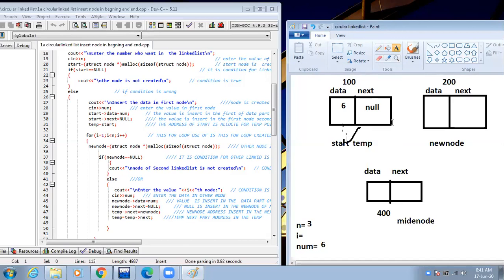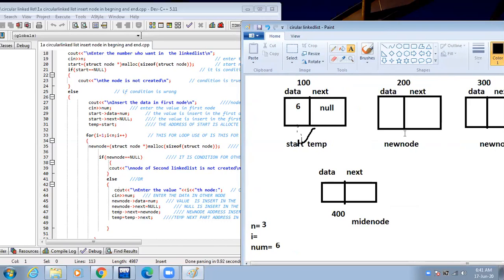Our first node is created successfully. Then we create the other nodes. Then we use the for loop. The value of i starts at 1 and goes while i is less than n, and increment i plus plus. Then new node equal to struct node star malloc size of struct node, meaning this new node is created. Then if new node equal to null, if a node is not created, then execute